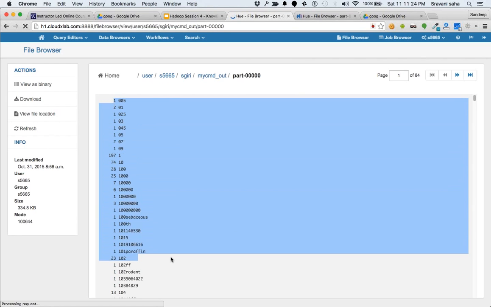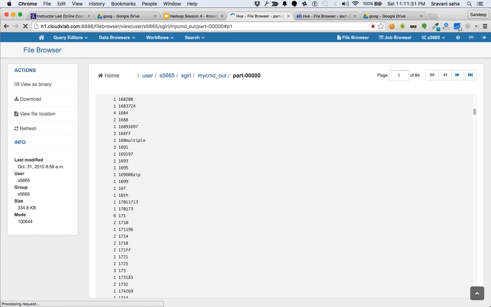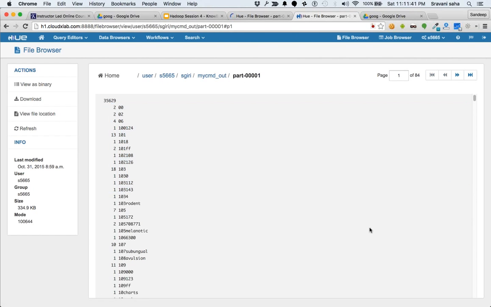Although individually the words are sorted, you can see 16F, 16TH, the words are sorted, but you cannot merge these two files together so easily. We'll have to sort it again. Now, in order to generate output such that if you just concatenate the two, it becomes a single sorted file,